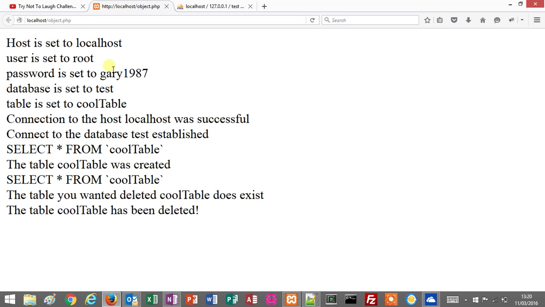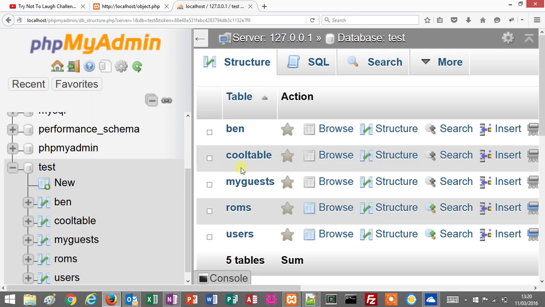So it does everything, it sets the host, the username, the password, the database, the table, confirms that the connection to the host was successful, confirms that the connection to the database was successful, it searches for the table. If it's found it, it'll say the table has been created. Obviously, if it's found it's been created. And then it selects the table again, saying the table you want to delete does exist, and we've deleted it. So if we jump over here now, cool table should no longer